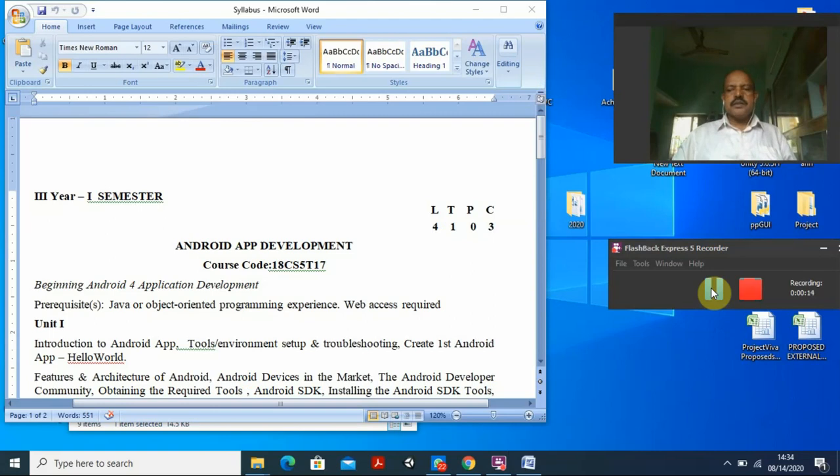This is specially a new subject introduced for you, and the basic purpose is that we want to introduce game development in the second semester, and I felt strongly that the students should know how to develop mobile apps, both Android based as well as iOS based. So that is the reason we have introduced this subject, Android app development, or app development using Android.